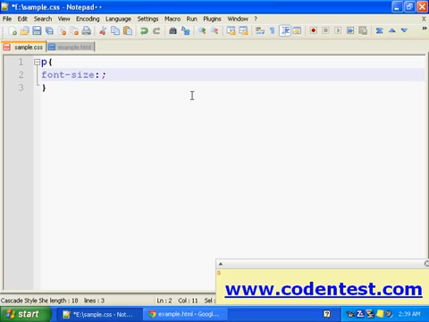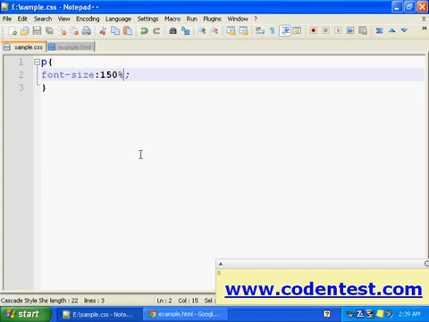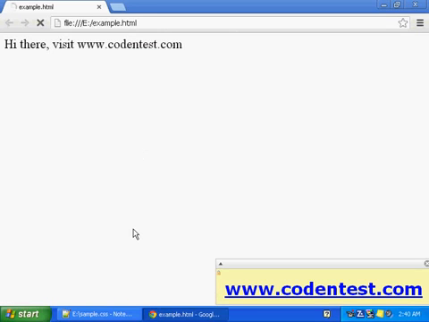Font size, let's say 150%. I'll save that. This is normal. See here, I can give a percentage, I can give words like larger, large, medium, small.